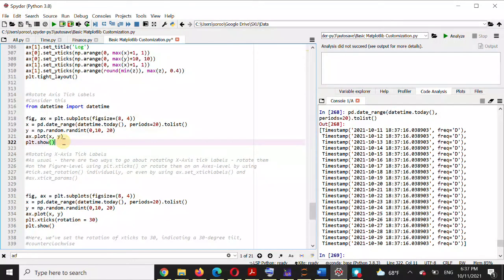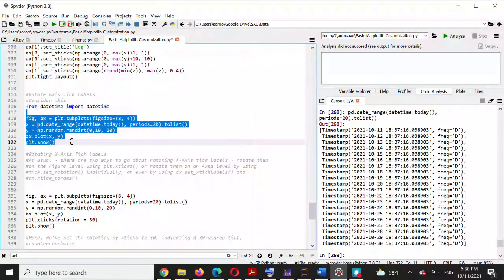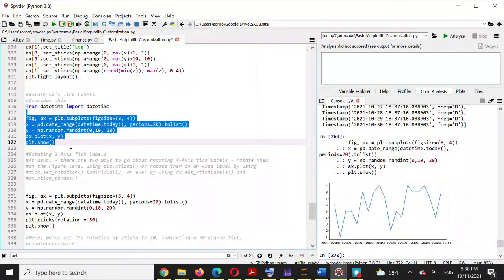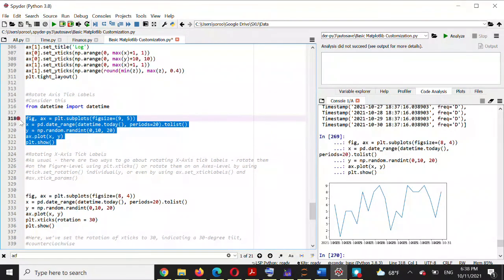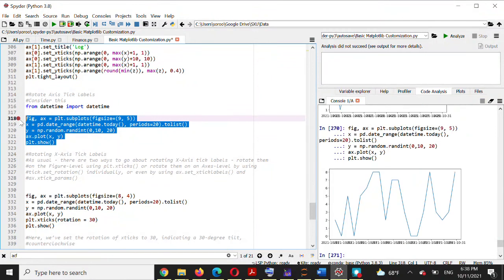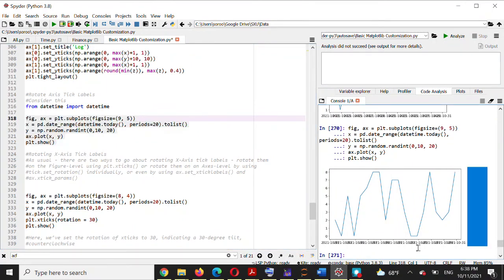And then I'm plotting x versus y. So if I plot x versus y, as you can see, it's not very easy to read. Yes, because there is an overlap here between different times. Because of that overlap, it's not easy to read them. And I don't like that. I don't like the way we have the ticks on the x label. So rotating